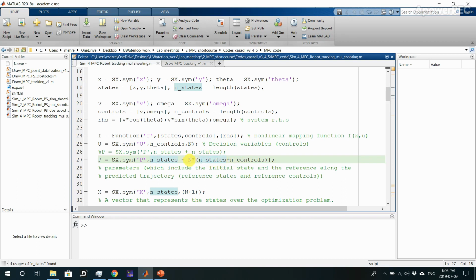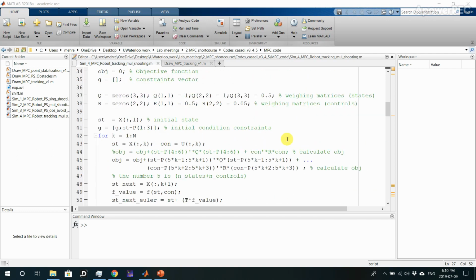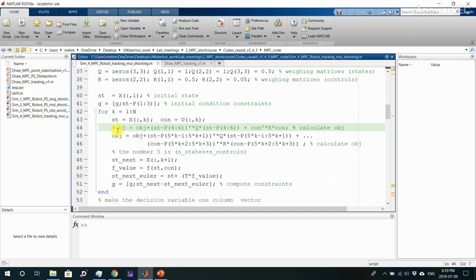So what we have extra this time is that we have the number of states and number of controls times n parameters. These parameters are my xref and my uref for all the prediction horizon steps n. So now moving forward with the Matlab implementation, we will stop again at the definition of the objective function or